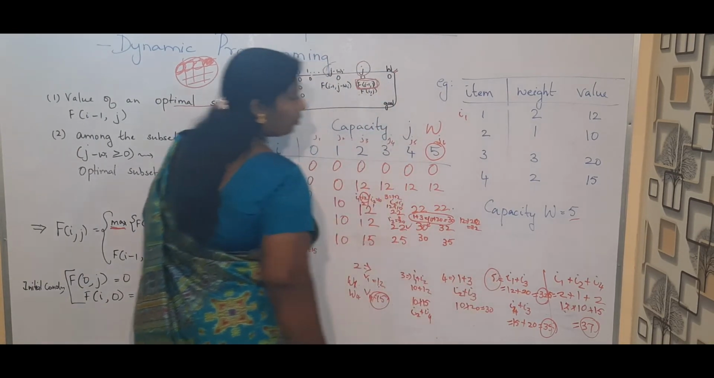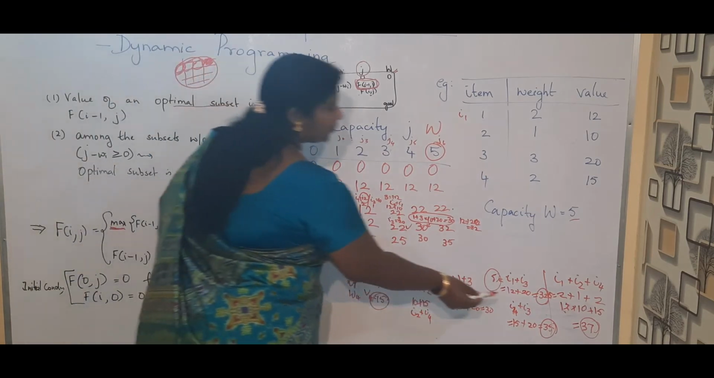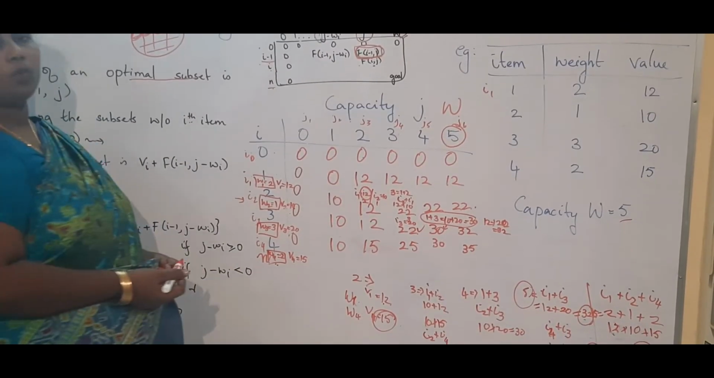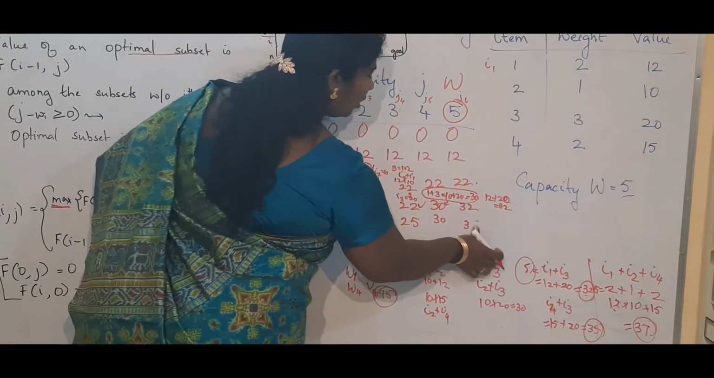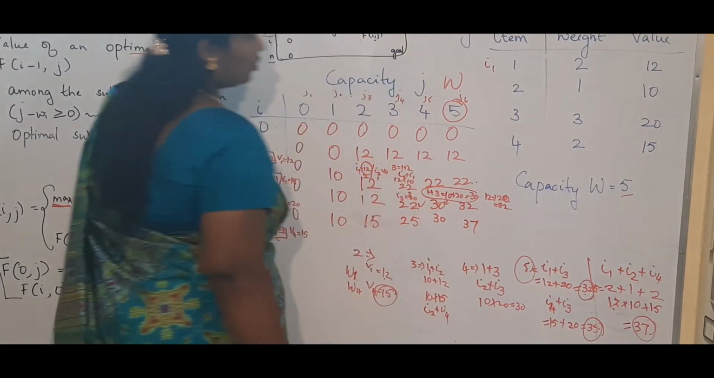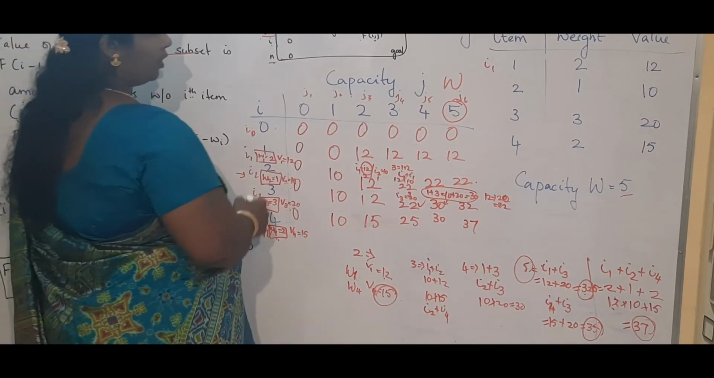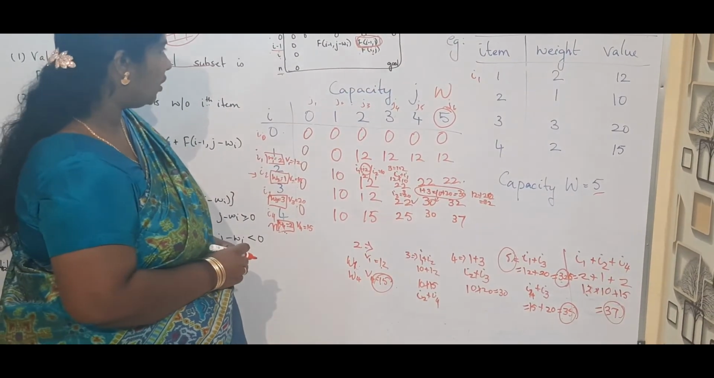Now which one is most optimal here? I have 32, 35 and 37. Which is the maximum value? It is obviously going to be 37. So I take it as the optimal solution. So this is how I construct this dynamic programming used